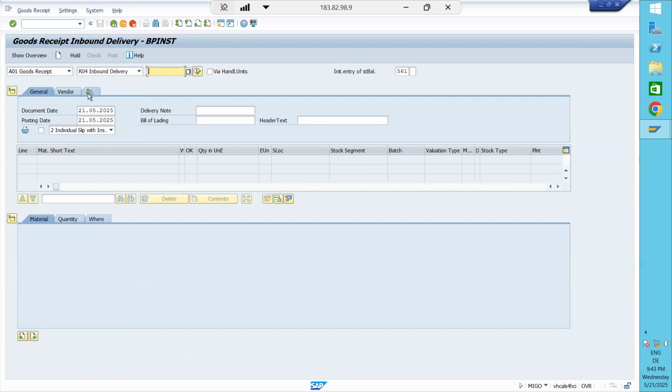Inbound delivery. No. In inbound delivery also I think we have to put the invoice number. Outbound, we'll check. No, outbound delivery also we have to put. Transport, we also have to put. But you see this, right? If we change this 501 movement type, there is a provision for sure. 501, you can